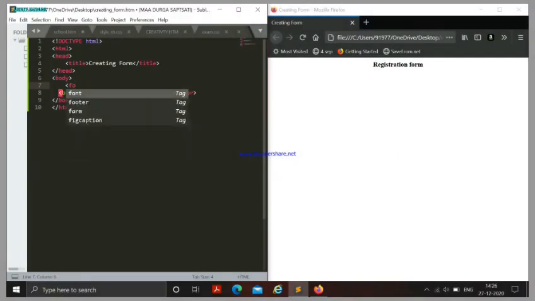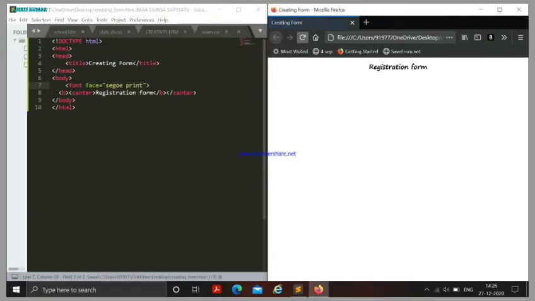Now we will use the font tag to give the font face and color to the text, and also increase the size of the text.